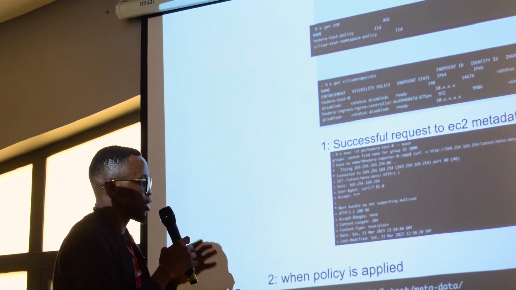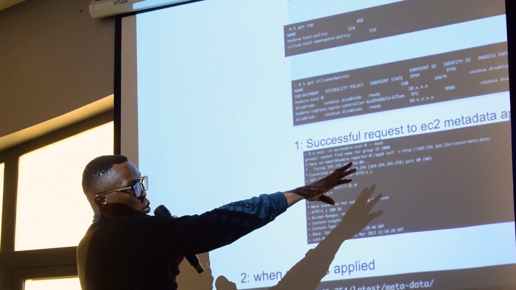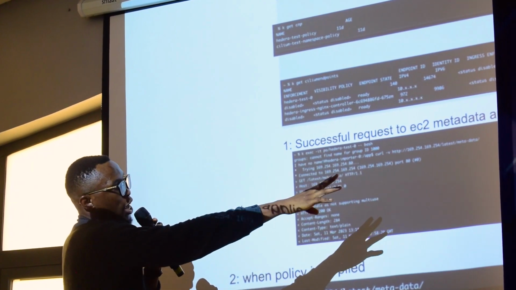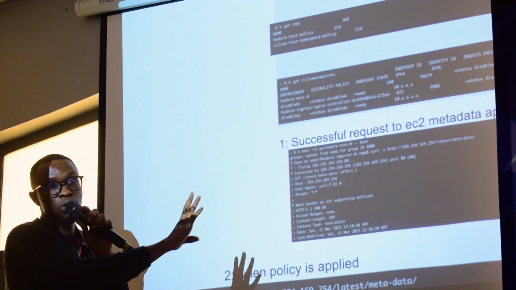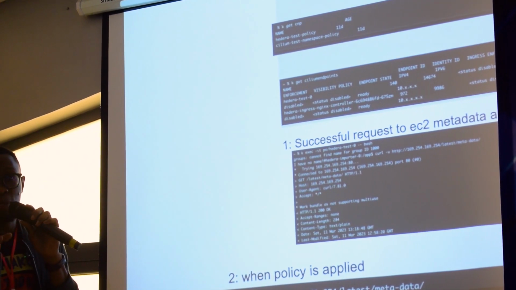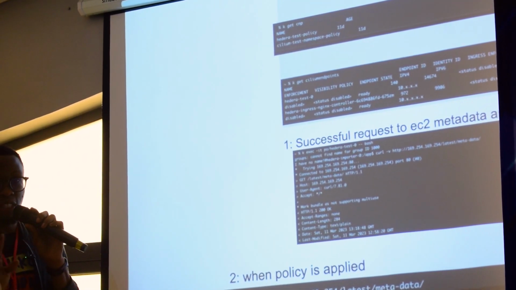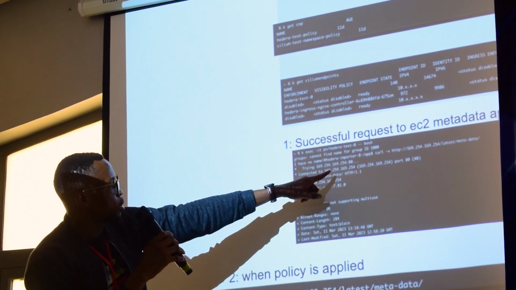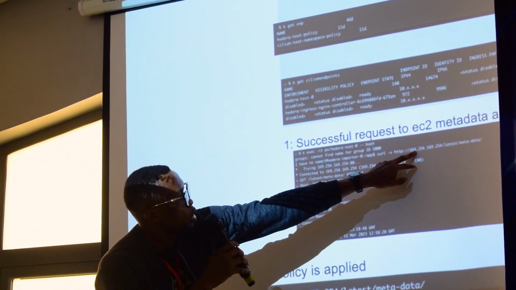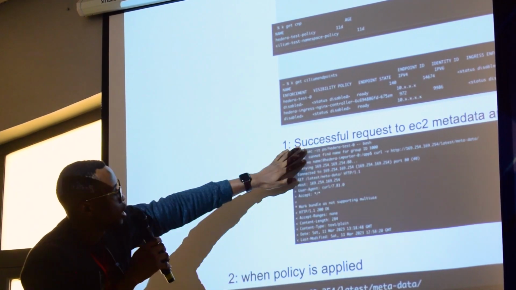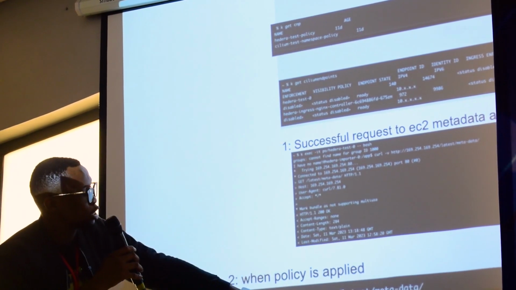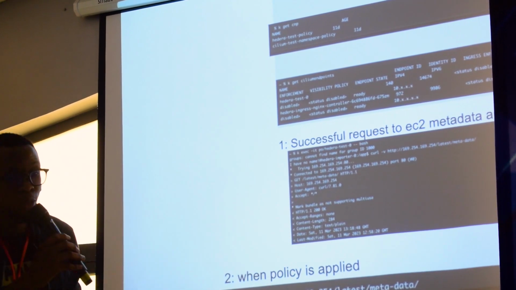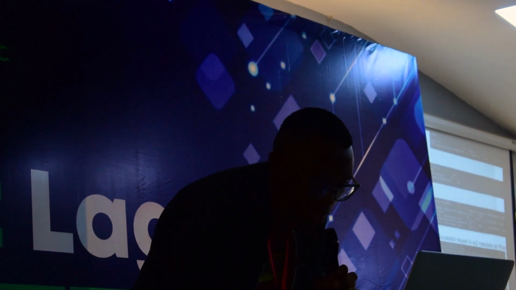Now this is me doing a test. I want to make a call to this metadata API. I did not apply any Cilium network policies, which should be your cluster, basically, if there's no network policy. I come in here and call this endpoint, which is 169 dot whatever, metadata. This legit brought out everything for me. If I was an attacker, I could do what I want to do. Then the second one basically is when a policy is applied and